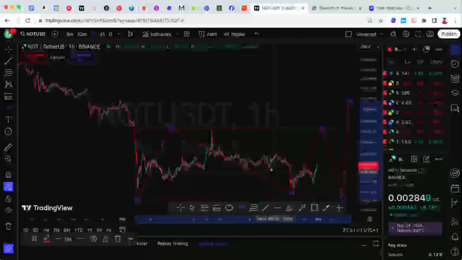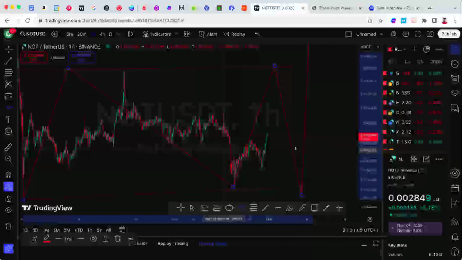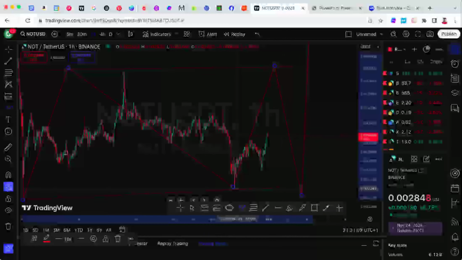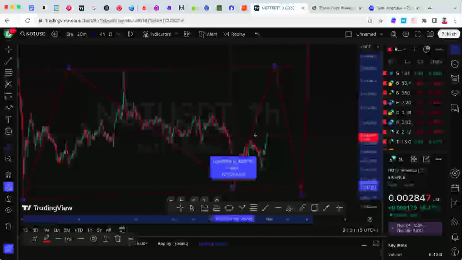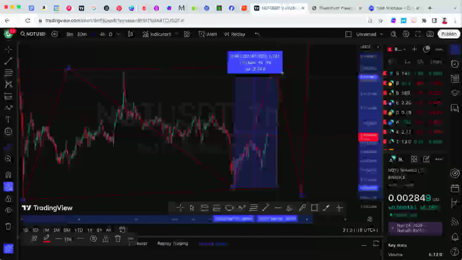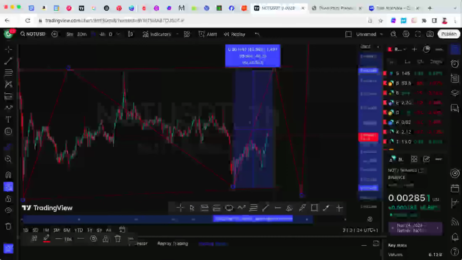So you want to look for a buy opportunity within here. And this is actually a nice move on the hourly, if you can get from this down here to this up here. Let's see how many percent that is. So if you were to target from here up to this area, that's around